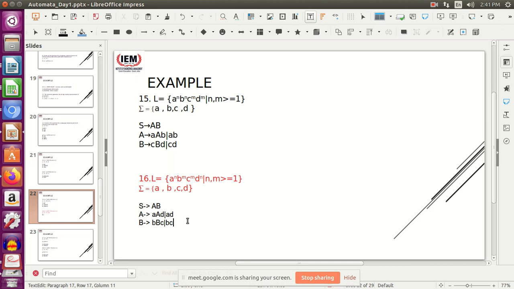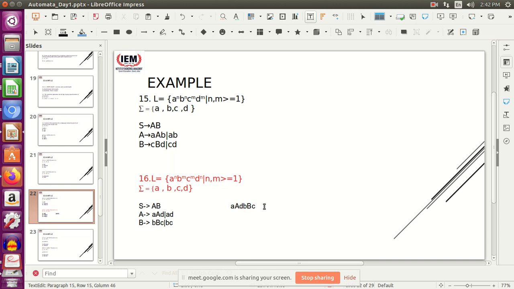So if you are going to do this, firstly you have to replace A, right? So suppose I want to replace A, I'll replace A with AD, right? And I'll replace B with DBC. Sorry, but look at the sequence. I need the sequence to be ABCD, not ADBC. You understand my point? Yes, yes, ma'am.